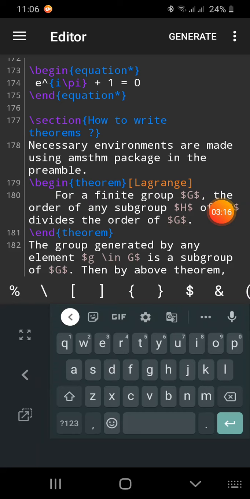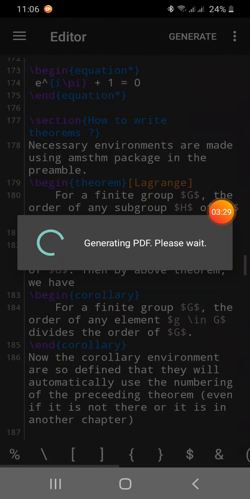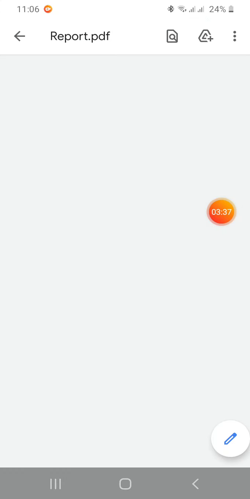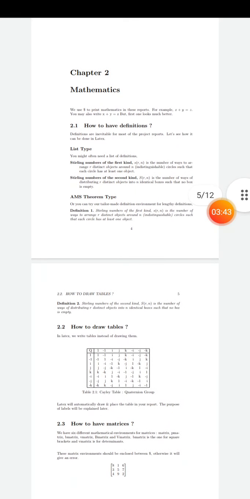So line numbers are not useful for navigating through sections and subsections, but when you run a file and get errors, the log will show them. If you compile this file, it will generate a PDF, and if the PDF doesn't show up, there will be some error in your LaTeX file, and to navigate through those errors you need jump to line.